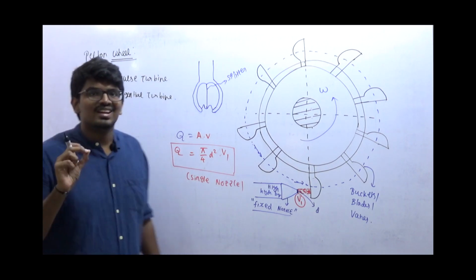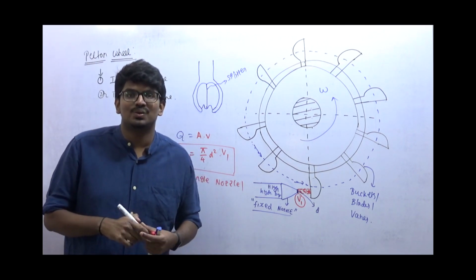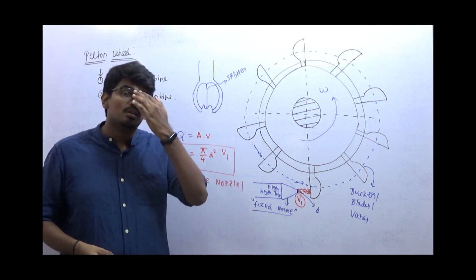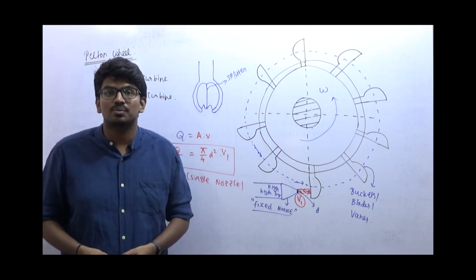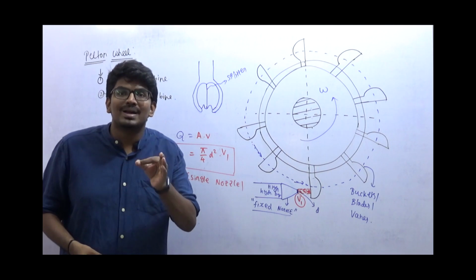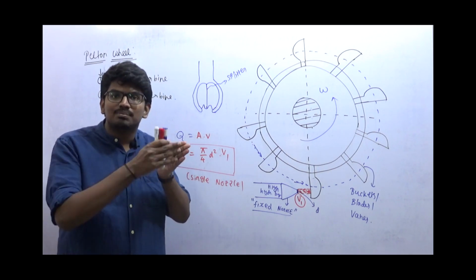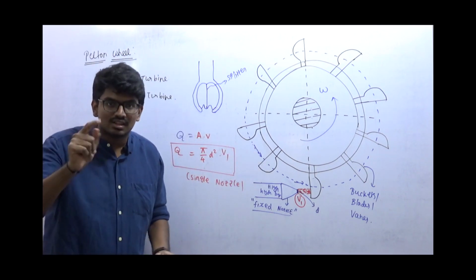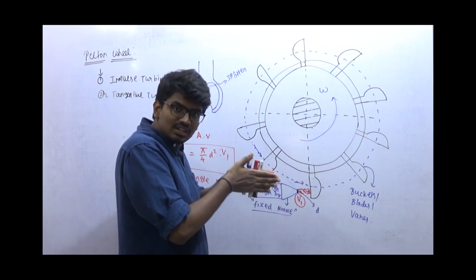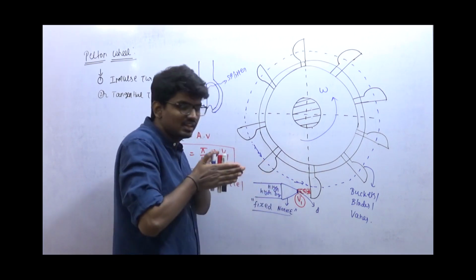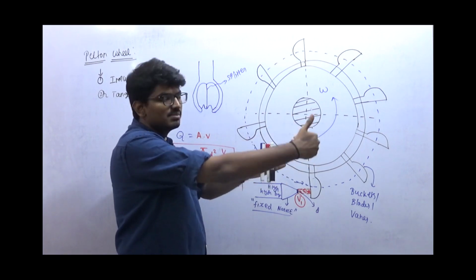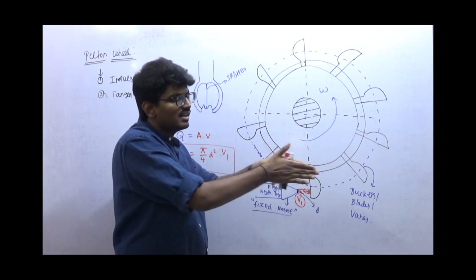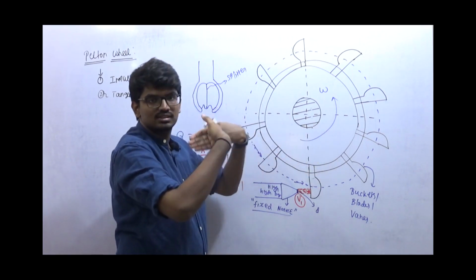Now, the reaction effect is made 0 by keeping the complete turbine at atmospheric pressure. But how are the centrifugal effects made 0? The centrifugal effect is made 0 by making the entrance and exit both at the same radial distance. Listen properly. Fluid is entering like this, hitting the splitter. In between there will be a splitter. It hits the splitter, flows inside the vane, and comes back like this.